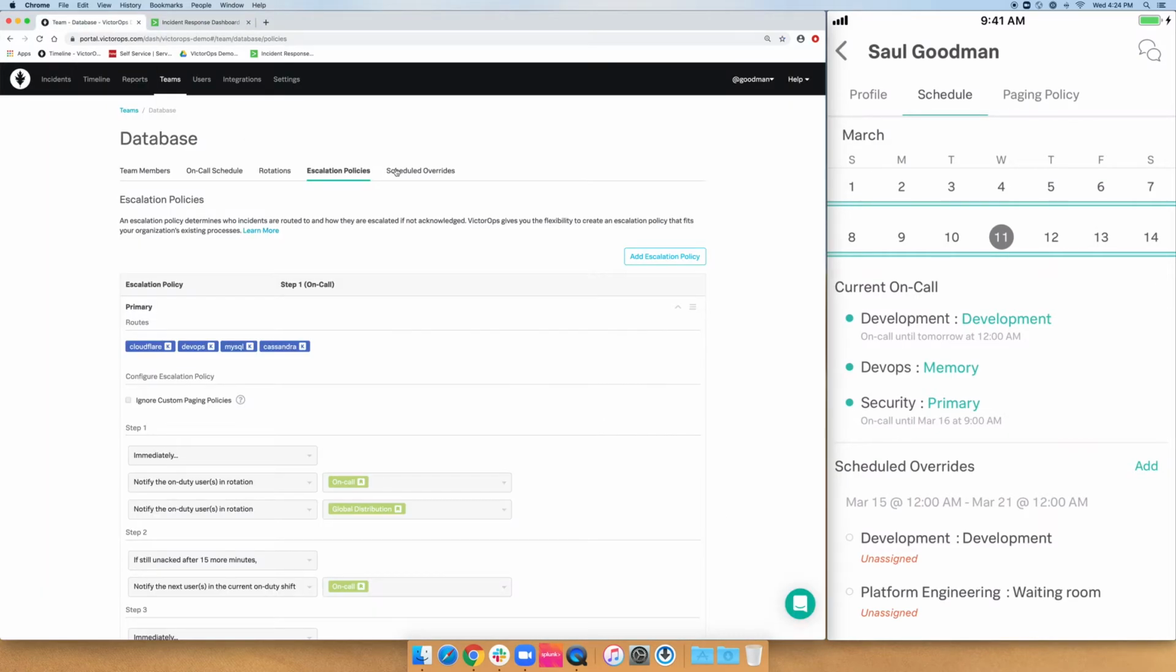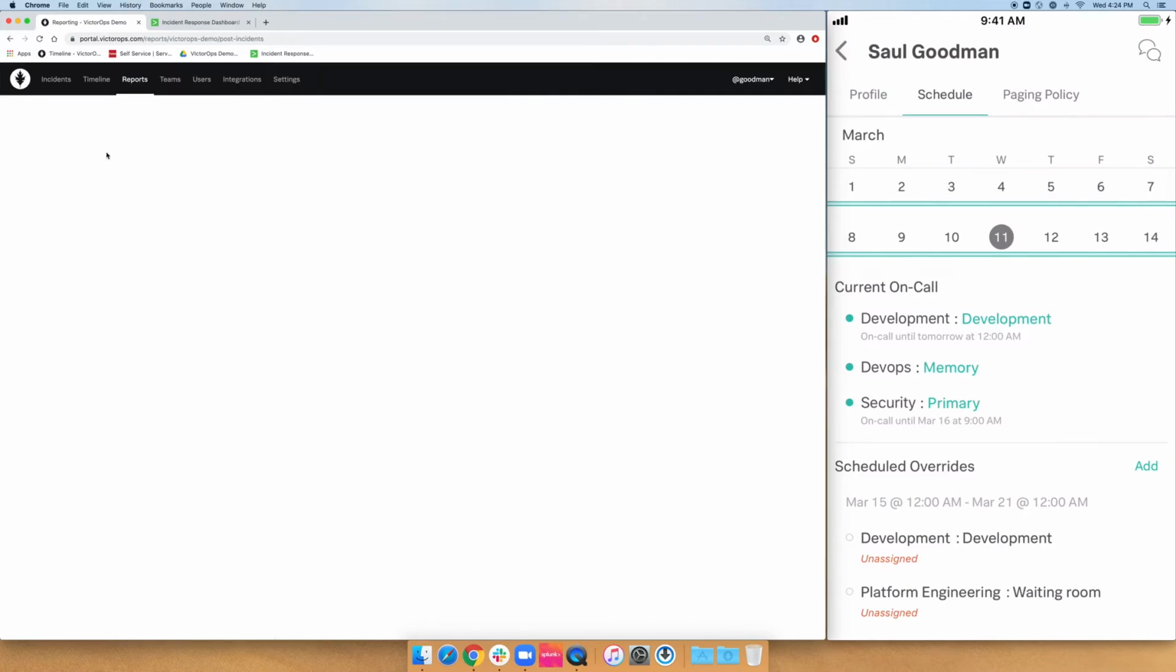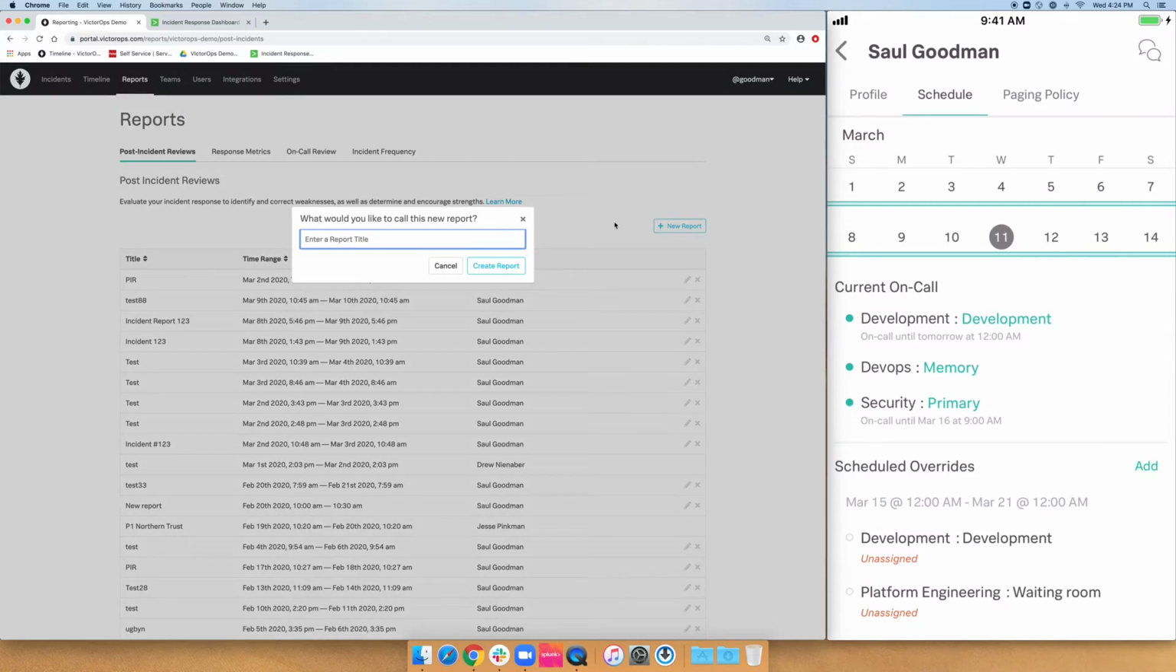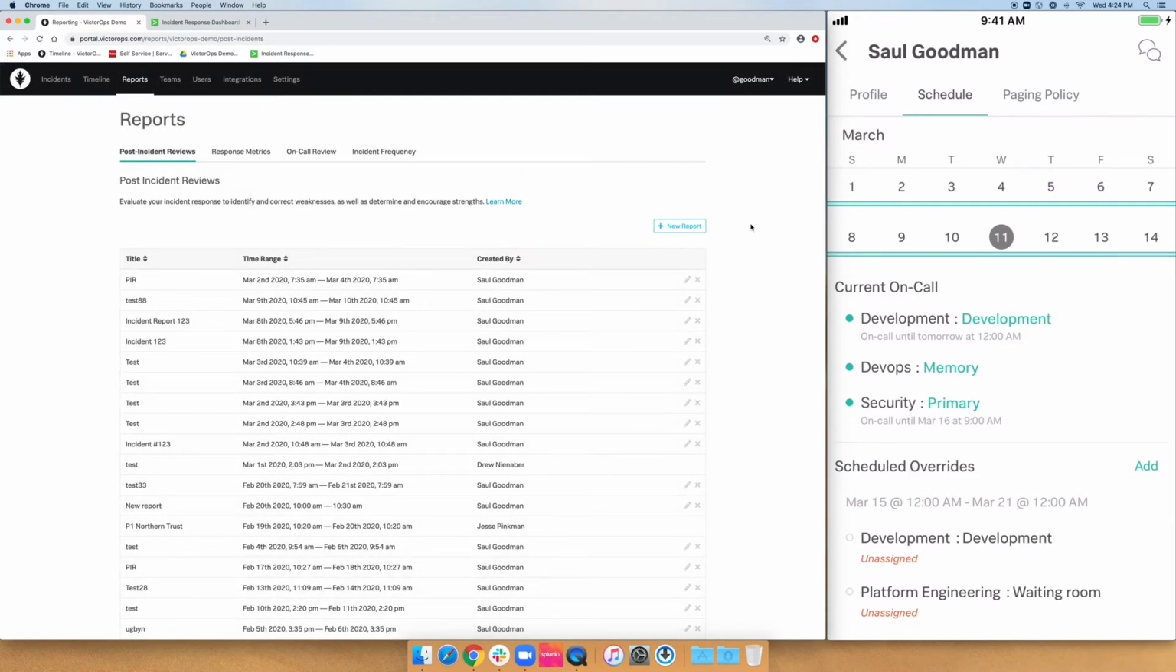For reporting, we provide various options within VictorOps, including a post-incident review, or you may know it as a root cause analysis or postmortem, response metrics measuring your MTTA and MTTR, on-call review to make sure that you don't burn out your on-call engineers, and then incident frequency for assessing the sources of your incidents and any spikes. For now, we'll just talk about the post-incident review. If I create a new report,